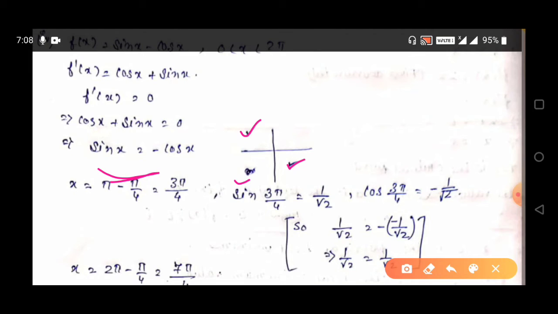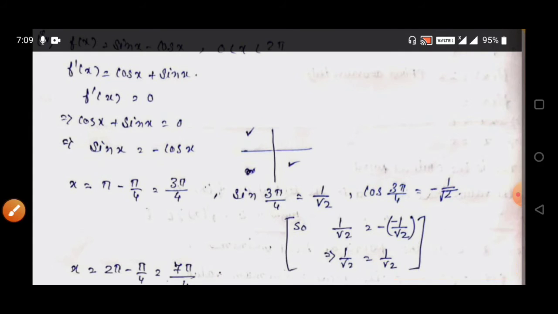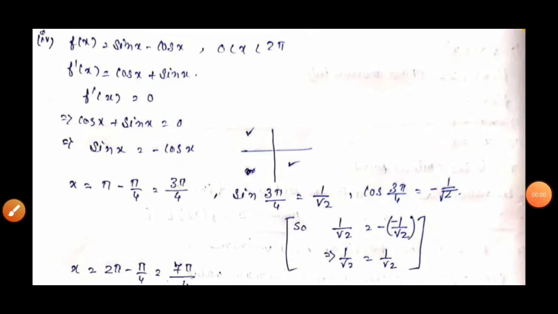So we will choose the second quadrant and the fourth quadrant, because in the second quadrant sin x is positive and cos x is negative. Since one negative sign is already given, and in the second quadrant the value of cos x will again be negative, negative negative will be converted to positive, so we can equate. To find the value in the second quadrant, we have to write pi minus pi by 4.